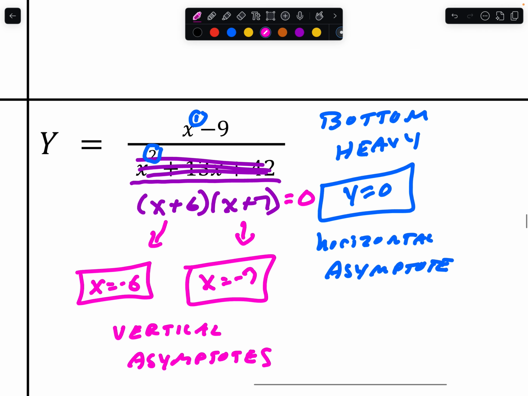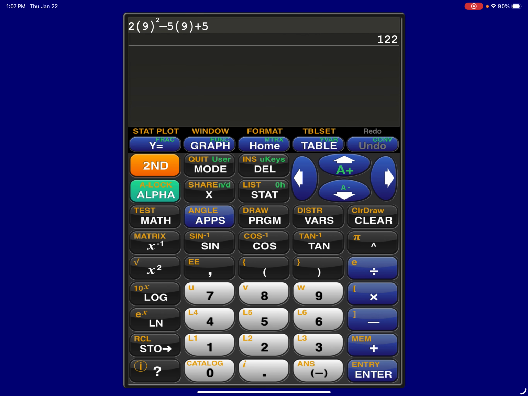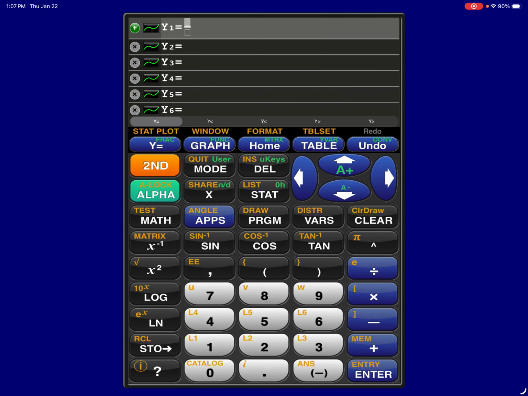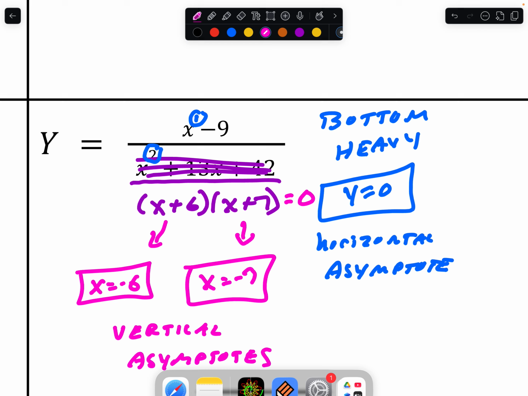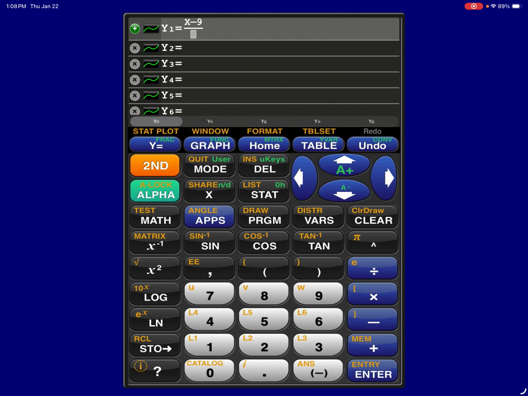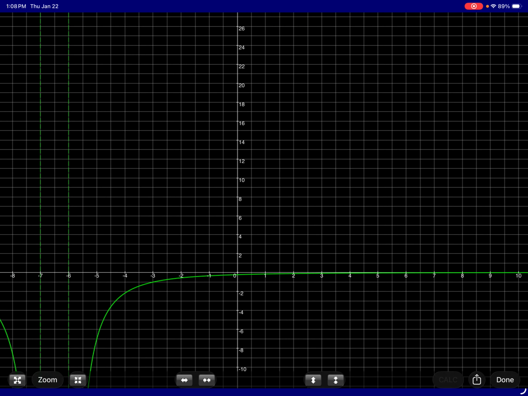Right there, okay? So real quick, what does that look like on a graph? So we're just going to take a look at this one right here on a graph, okay? So if I go ahead and take a look at the graph of this function, let me throw it into a fraction, okay? On the top, what was on the top? We've got x minus 9, and on the bottom, we've got x plus 6 and then x plus 7. All right, now if I take a look at the graph of this function,